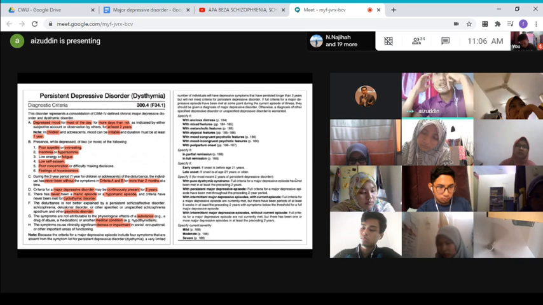Okay, how do we differentiate PDD from somebody yang ada recurrent relapses of MDD? Because they can also have symptoms for years. If you want to diagnose it as PDD, there must be no symptom-free period of more than 2 months. So if it is recurrent MDD, there should be a symptom-free period when it achieves remission for more than 2 months. So somebody yang kita nak diagnose recurrent should have already achieved some level of remission for at least 2 months